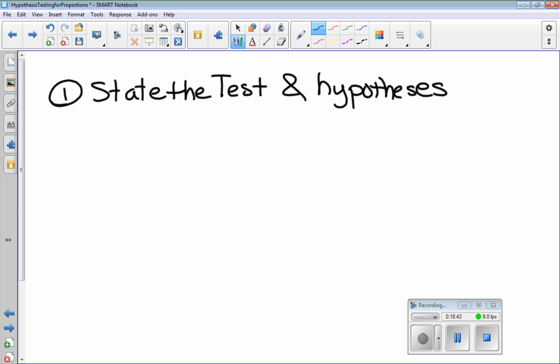Okay? The test right now, because we're dealing with proportions, is going to be a 1 proportion z-test. Remember I showed you in the calculator last class, there's lots of different tests. So it's going to be pretty important to tell me which test you're going to be using. For now, the only one we know is the 1 proportion z-test. We'll deal with the hypotheses in a minute,